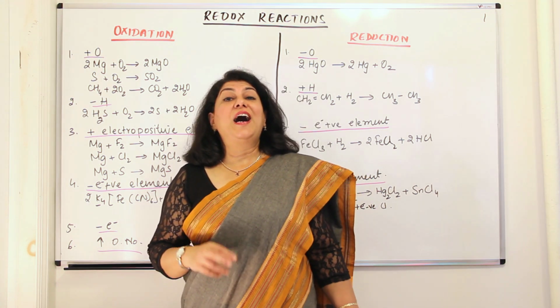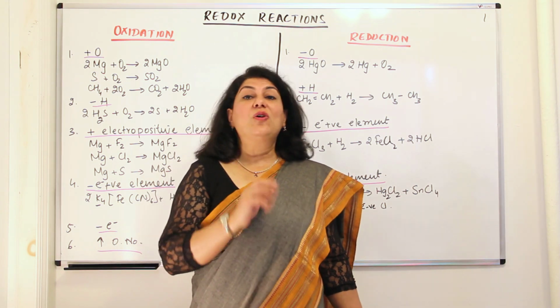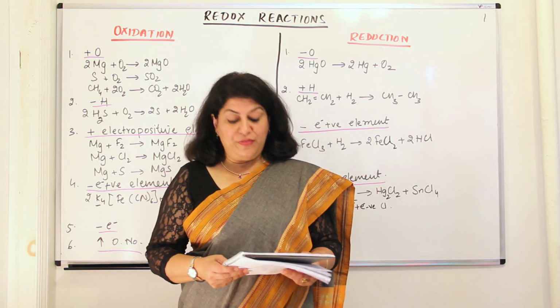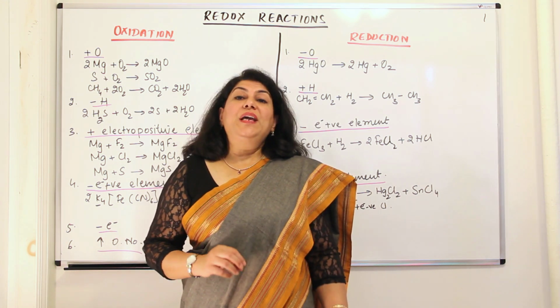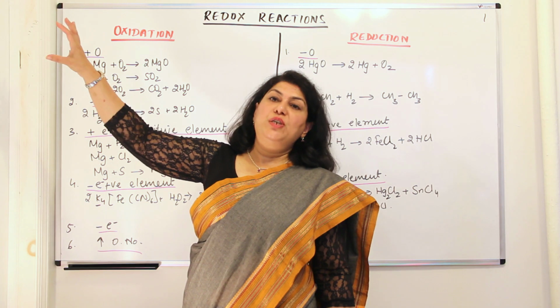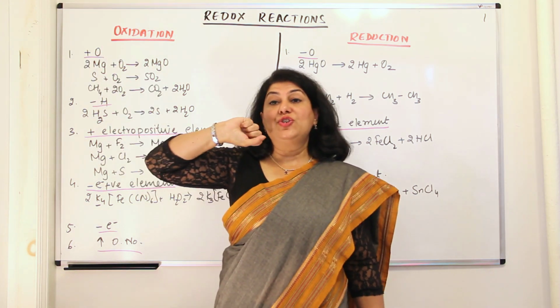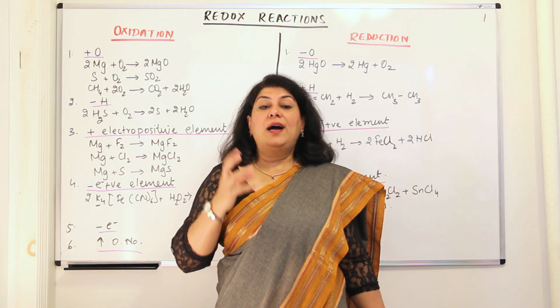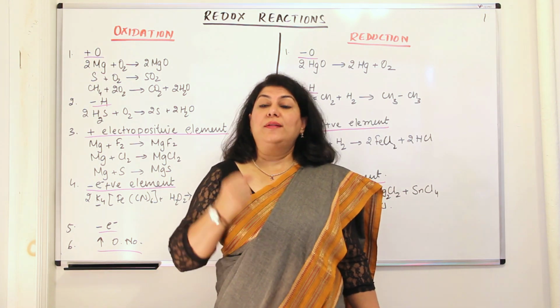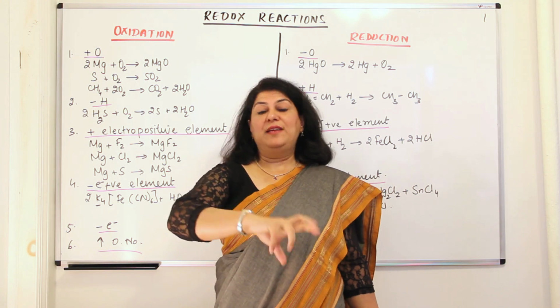Metals get corroded, iron gets rusted, copper gets a green coating over it. All these are examples of redox reactions. These days we have fuel cells. In the Apollo mission, the fuel cell was used in which there was a constant supply of hydrogen and oxygen. And the hydrogen was used as a fuel and the oxygen was used to oxidize it, and it produced electric